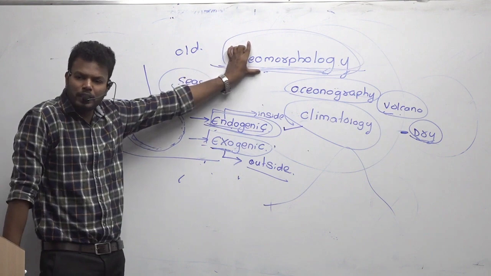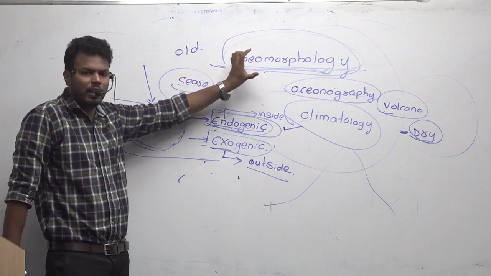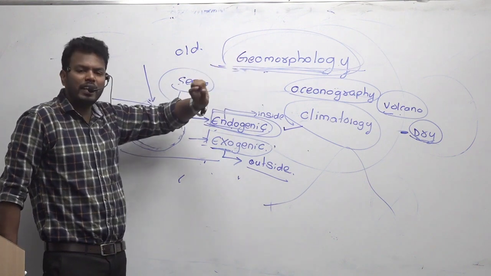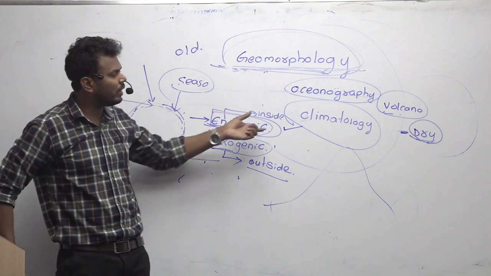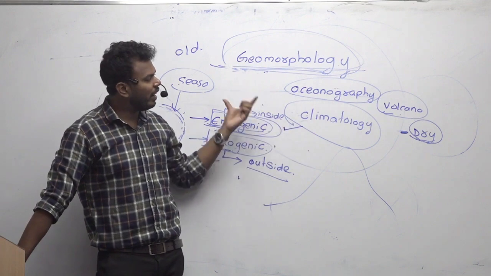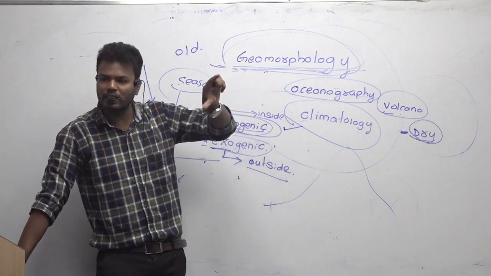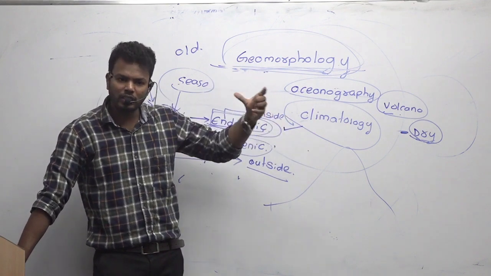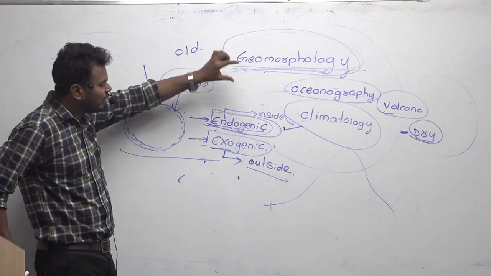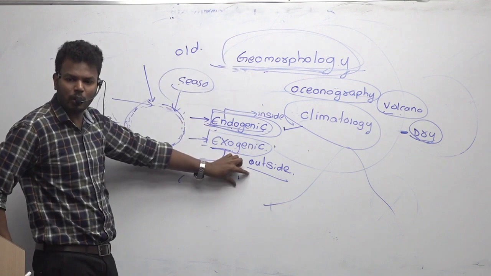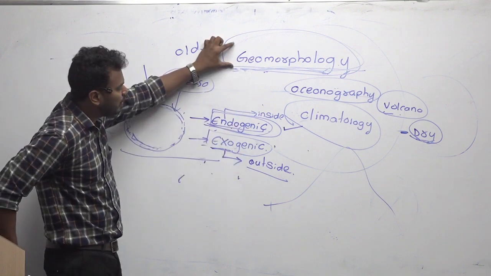So the first concept is geomorphology. We have completed the universe and solar system. That is one isolated concept. Then we started seasonalities, for which we depend on how the sun's rays and the sun's energy are impacting. And the next is geomorphology. This is inside the earth and also outside. Geomorphology is a combination of